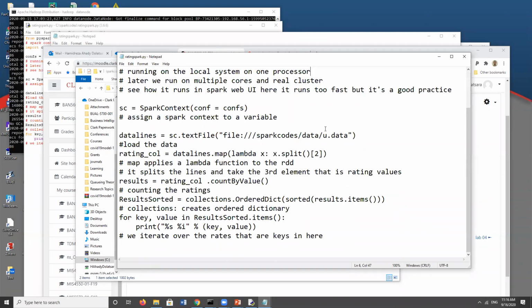Then we import our data and assign it as a part of the SC object. We load it. So we load the RDDs, and as you see, look at this line. Now we have an object of data lines. We're just saying in data lines, map, which means assign a lambda function, which in that lambda function, you split your input and take the location number 2. Here we want